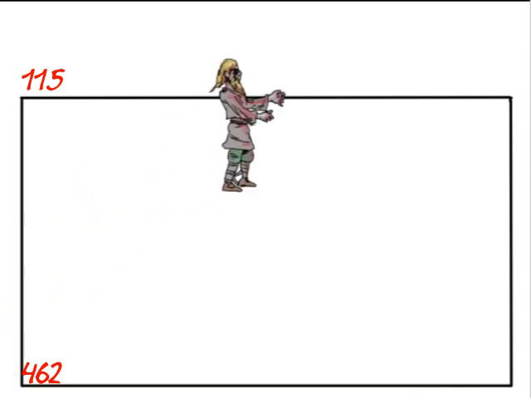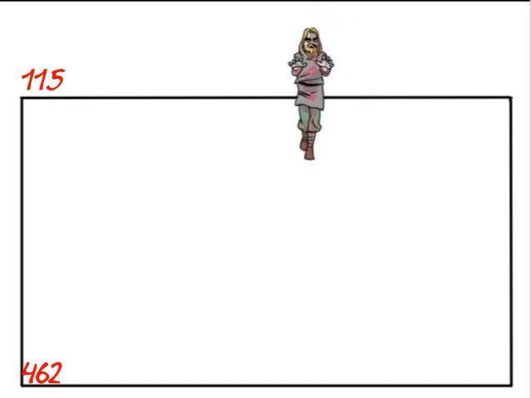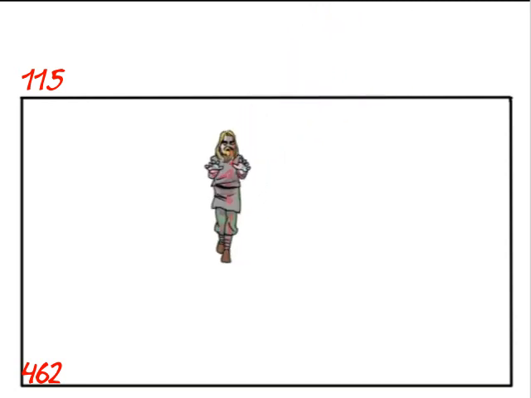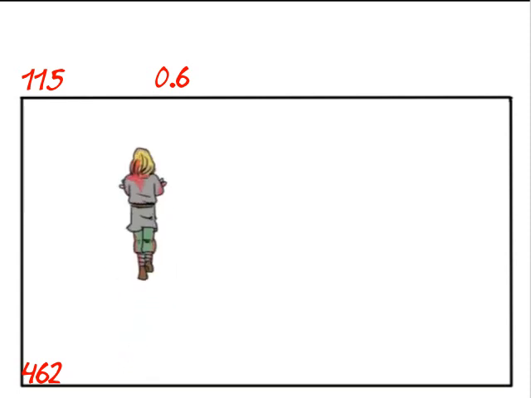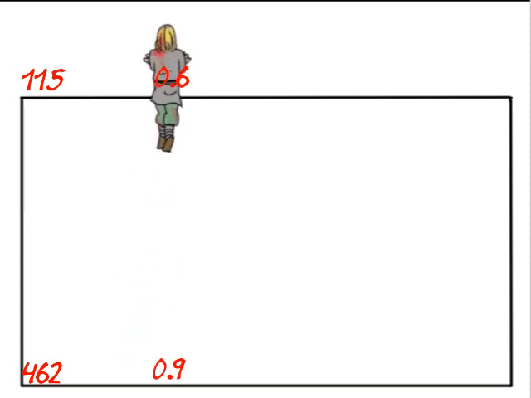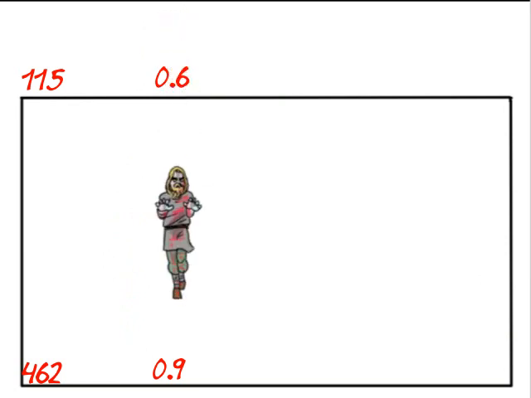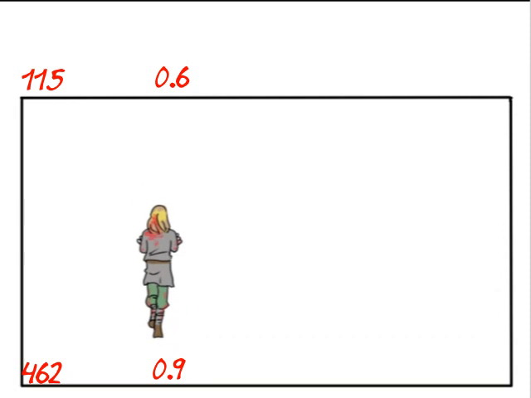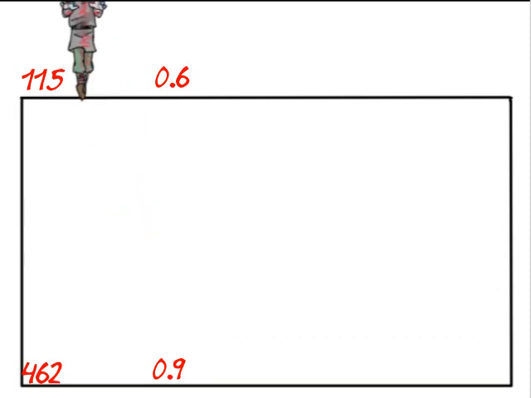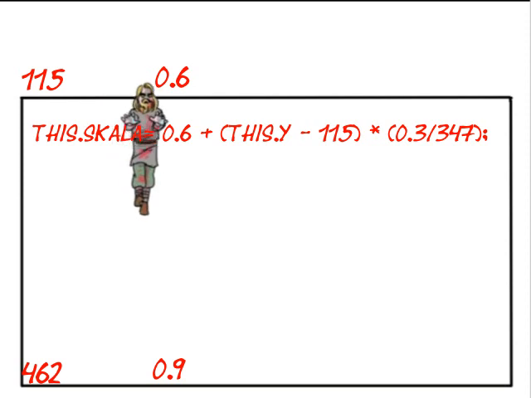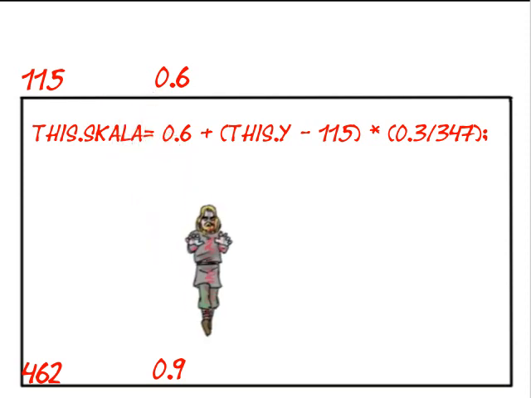So the y value is larger when the character is lower in the screen. Let's say that the lowest scale factor is 0.6 and the highest is 0.9. So we start with the factor 0.6 and then add to the factor for the distance in the y direction from the lowest distance,